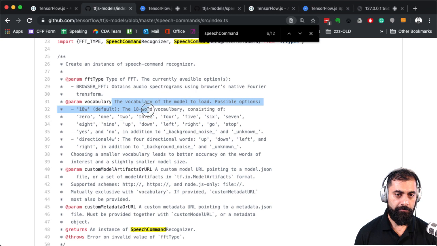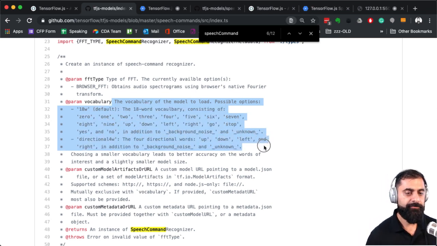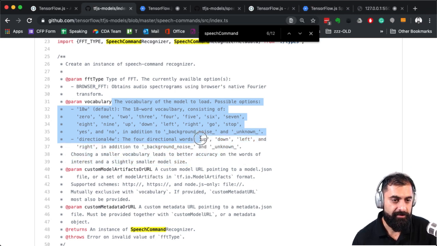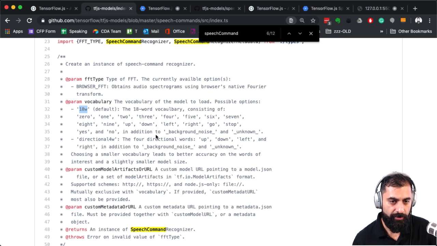Vocabulary. Oh, there are multiple vocabularies. That's interesting. There is the 18 word vocabulary consisting of 0, 1, 2, 3, 4, 5, 6, 7, 8, 9, up, down, left, right, go, stop, yes, no, in addition to background noise and unknown, and we'll talk about background noise later. And then directional for up, down, left, and right.